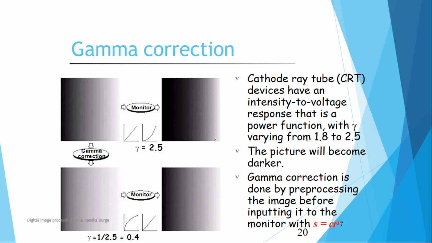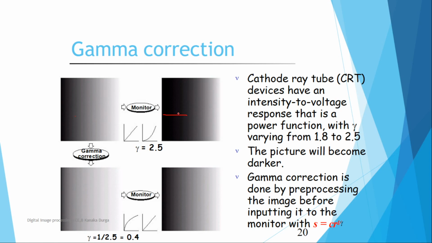So for the power law transformations, depending upon the gamma value, the consideration we make in order to project or display properly, that type of gamma value we are going to call the gamma correction value. Observe, this is the original image we have. We are displaying it using a monitor with gamma equal to 2.5. If I consider gamma equal to 2.5, it is not projecting properly. The area is darkish in nature, and we cannot get the information in this area.